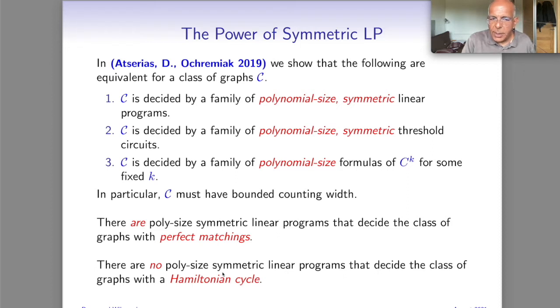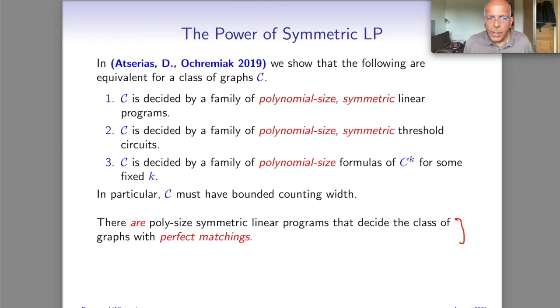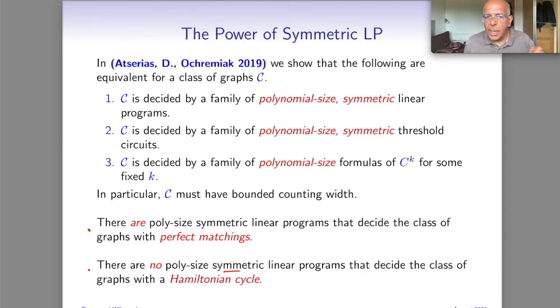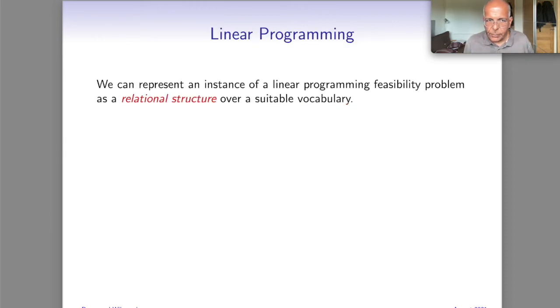If we drop the word symmetry here, then this would be a proof that NP is not contained in P/poly. So we don't have that. But this shows that we have demonstrated a fundamental difference between matchings and the Hamiltonian cycle, while it should be noted that the previous two results that I mentioned gave the same results for matching and for Hamiltonian cycle.